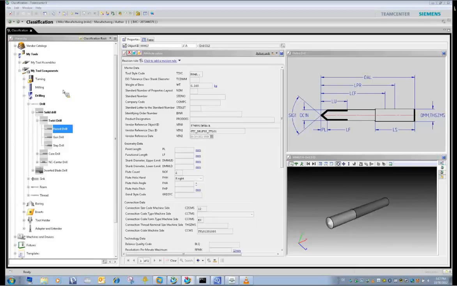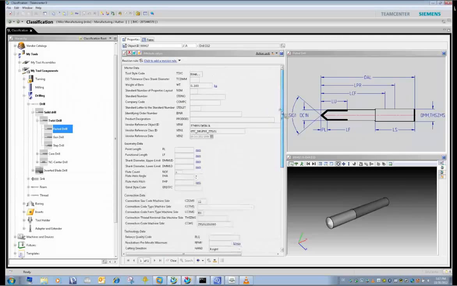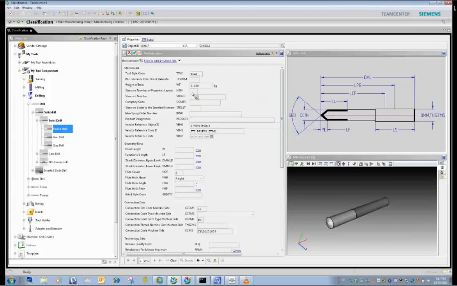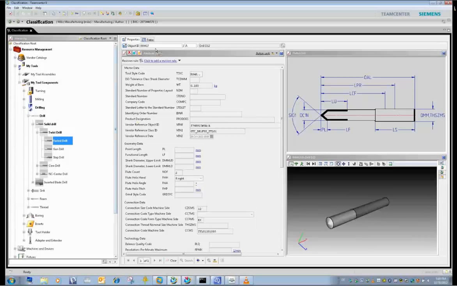Now we have this tool in our library. We are also able to show different attributes that are necessary for graphics creation, or the data that will be mapped into the CAM system as well. As you can see, some of the data is filled, and by the standard there is still data that could be enhanced. But this is good enough for us to build up a tool assembly. As you can see, we have created an object ID, or an item,